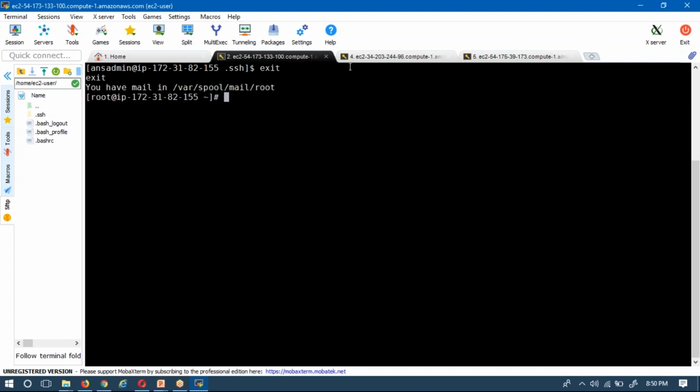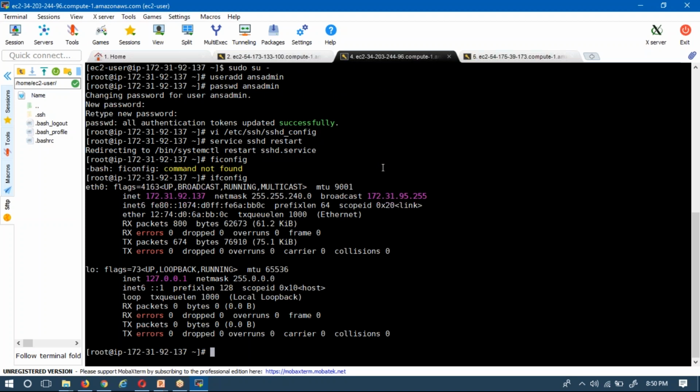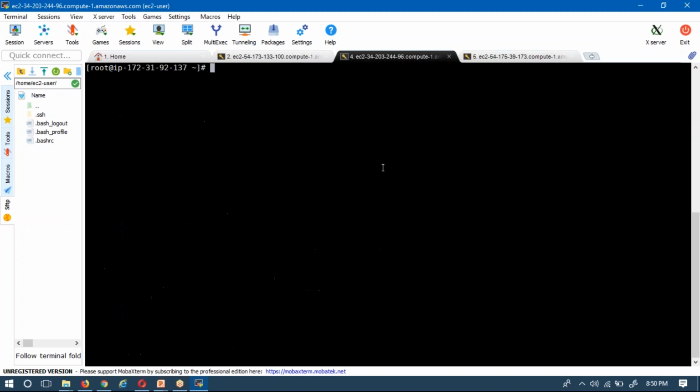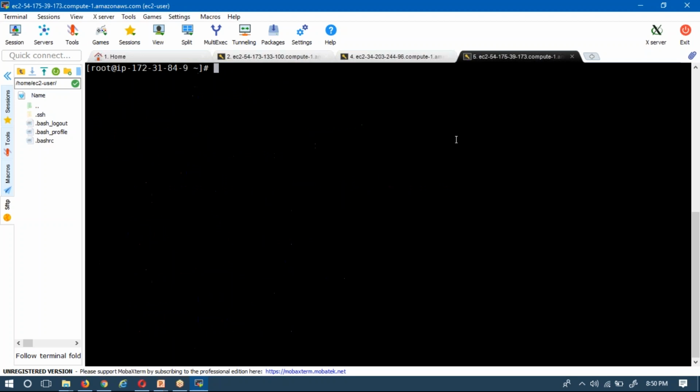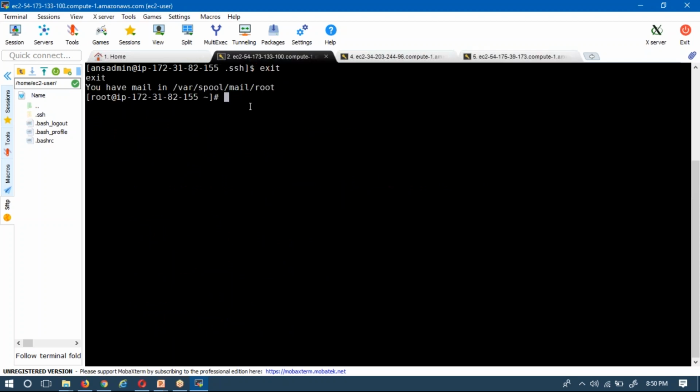So now I am under root. Same way, first I will go to each and every server. Yeah, already in client 1 I am under root. On client 2 also I am under root. Okay, let me open that